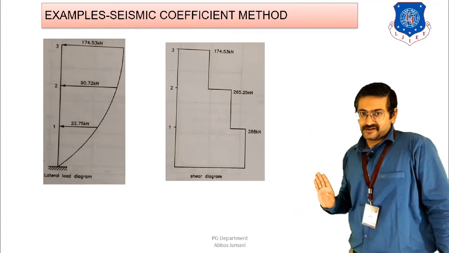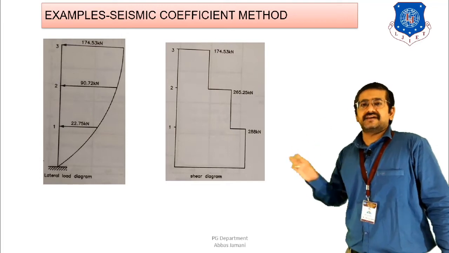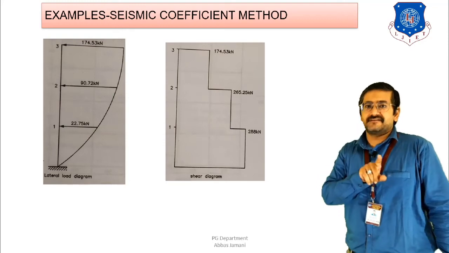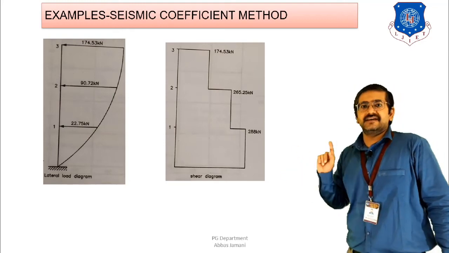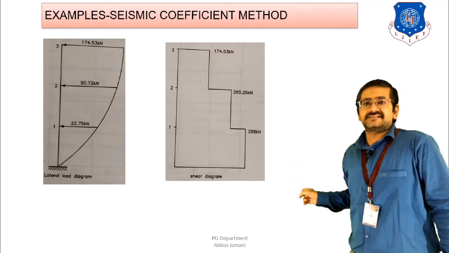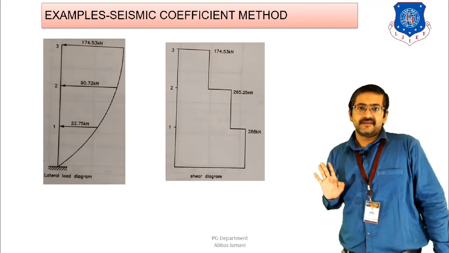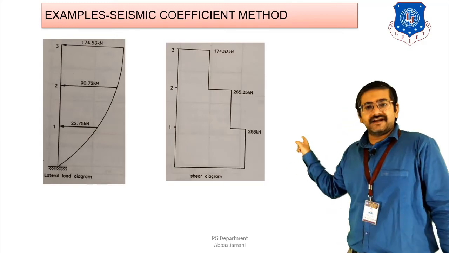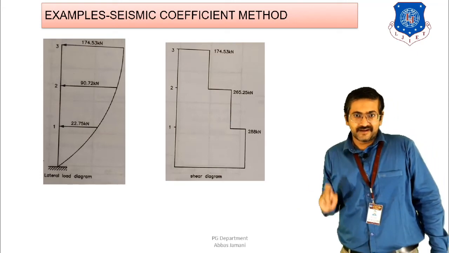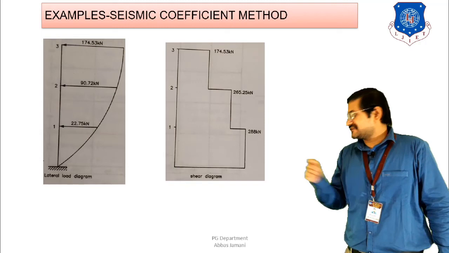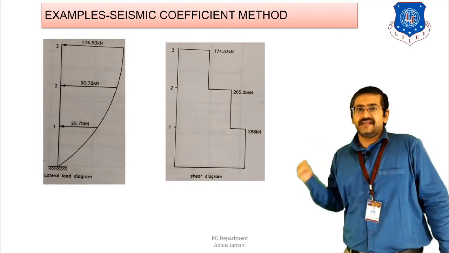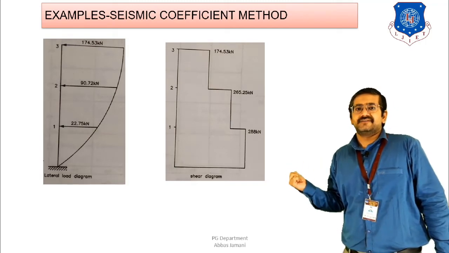So this is also another check: in most cases, when you do the calculation as per the seismic coefficient method, these two diagrams will be reversed in nature with respect to each other. That is, the lateral load will be maximum at the top level and base shear will be maximum at the bottom level. I have indicated the values and, based on those values, prepared the block diagram for base shear also. After all the calculations, finally these two diagrams are to be drawn and the values written along with their units. If you are able to do these things, then your entire sum will be considered correct.